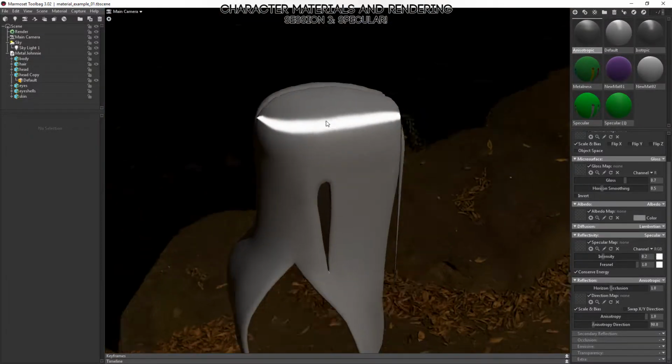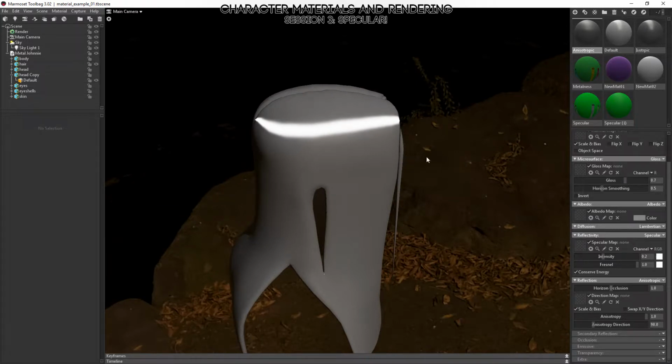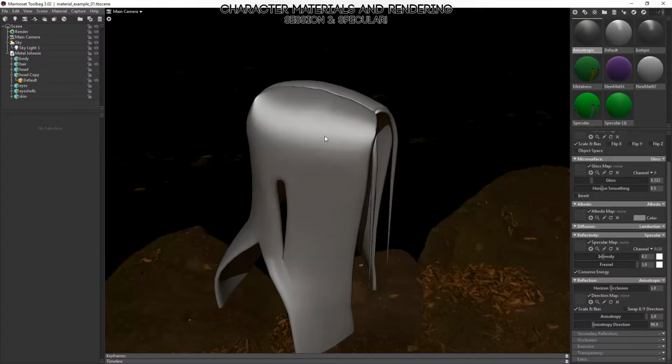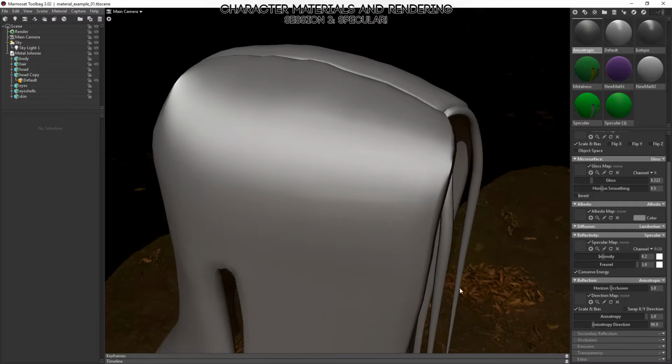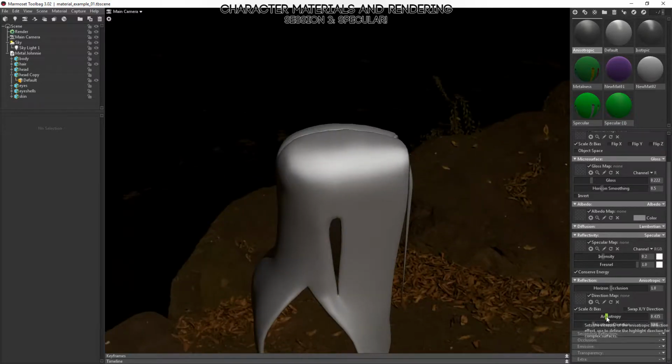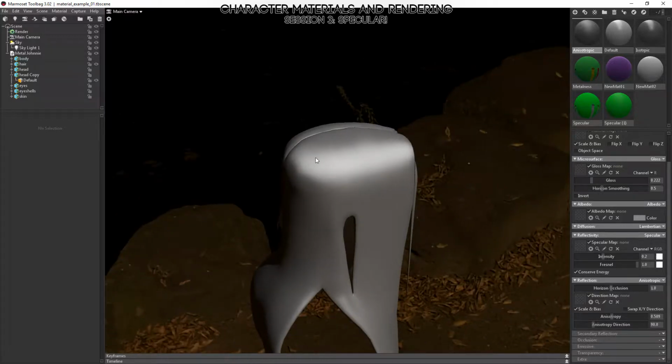However, by changing a few things, we can make it start to look like hair. We can change the gloss, which is going to spread the highlight out, make it a little dimmer, make it look more like the light is hitting some nice, softly reflective hair. And we can also change how anisotropic it is. Now, you might not want it to be completely anisotropic, you might not want it to be completely isotropic. You probably want it to be somewhere in the middle to get a nice soft highlight that sort of stops